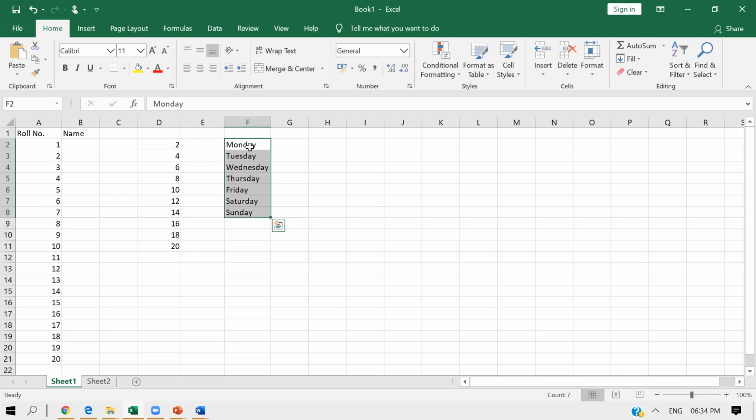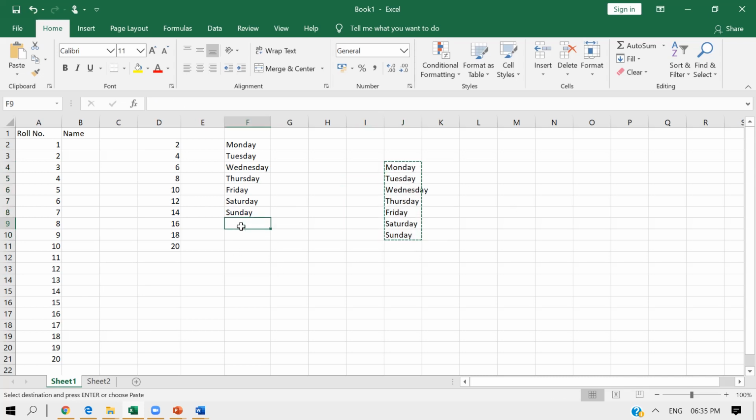Now to copy or move, first select the data, which I have already selected. Press Ctrl C if you want to copy, then click somewhere else and press Ctrl V, and it gets copied. Control plus C, and then control plus V. Now suppose I want to move it, so I would press Control X to cut the data, and then I can move the data.